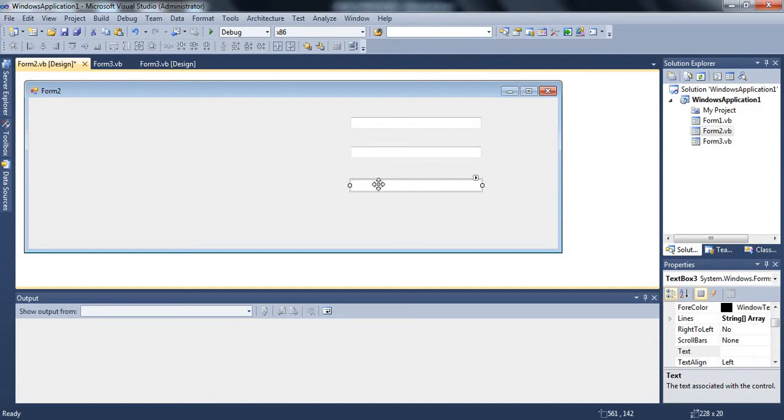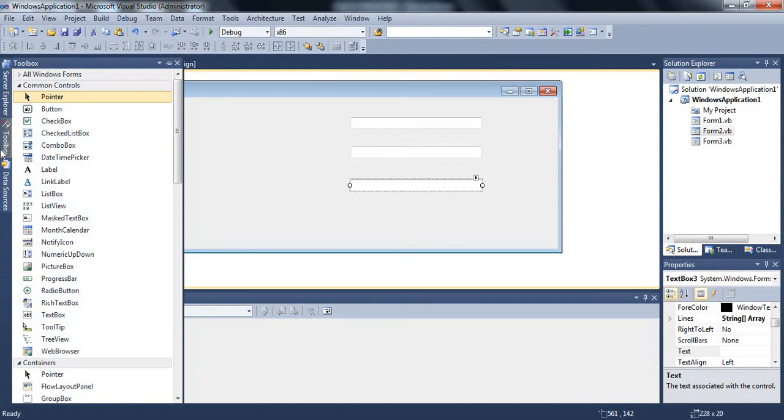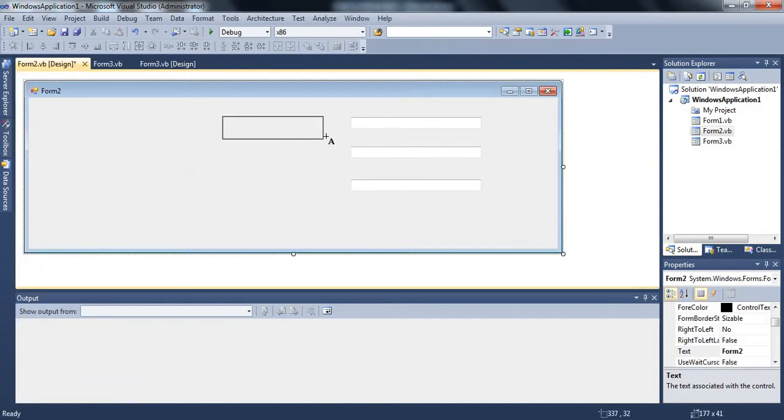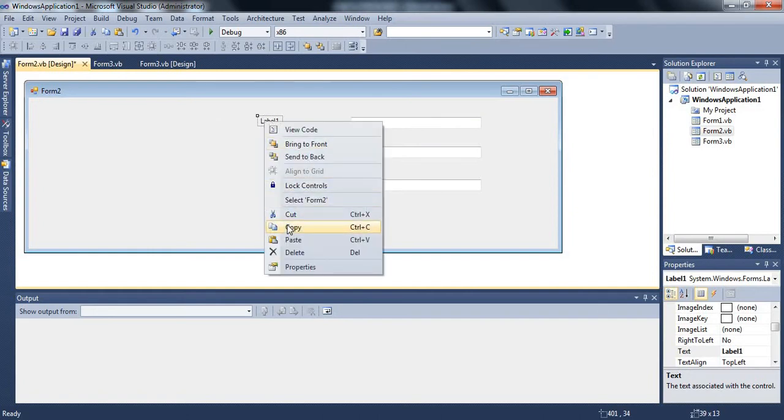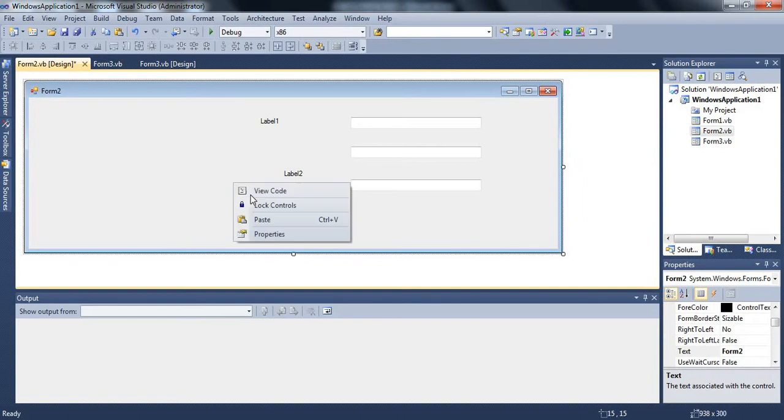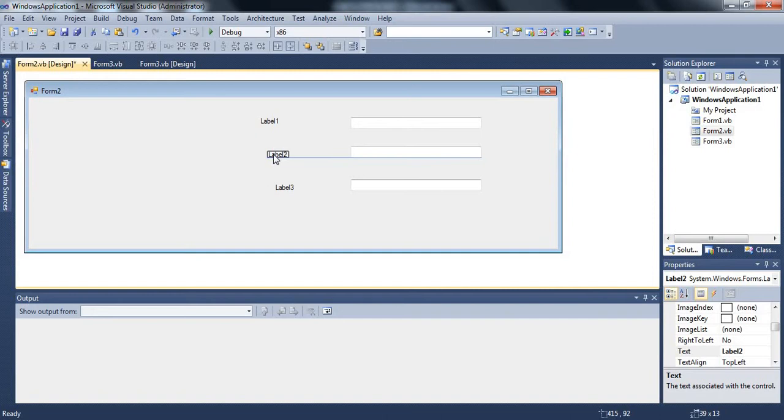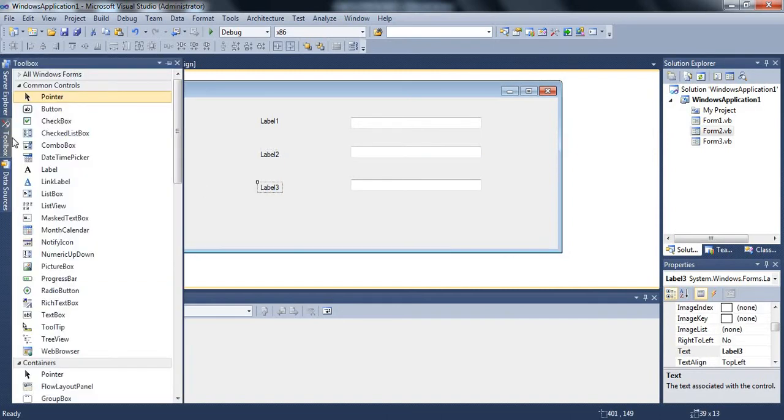And if you only keep the text boxes, your users will never know what values to enter. So after designing the text boxes, to make it appropriate, we'll have to add labels, so that by looking at these labels, the user will understand what values to enter. Let me copy and paste. So we have 3 text boxes and 3 labels, and also we'll have 2 command buttons.